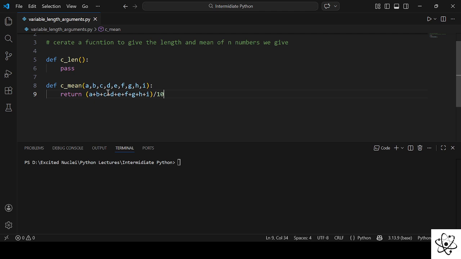Now what if I say we have a data frame, and in the data frame there is a column which has 1 lakh rows, and I want you to calculate the mean for those 1 lakh rows. So how can you do that? And I say you can't use an inbuilt function. You have to create a function that is going to take the numbers one by one and then calculate the mean, or calculate the length. So for that,